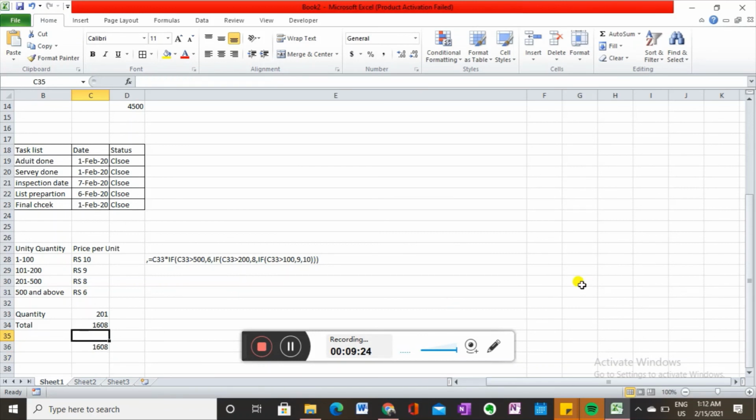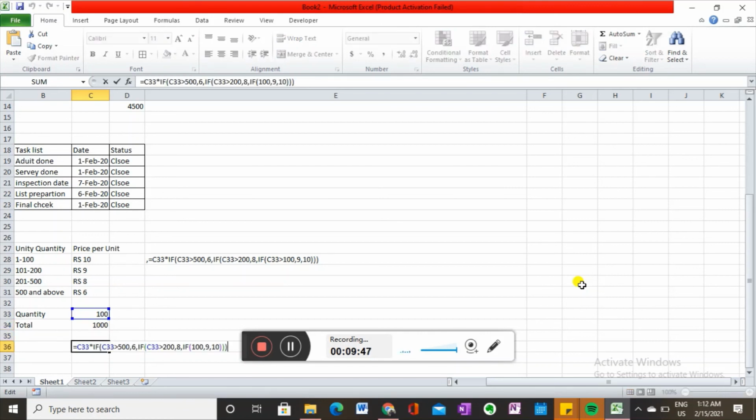You can check this. Our answer is matching. Then I am changing just the value of quantity, like 100. It is not working fine because it is showing 9 and 1000. I think the first is correct.